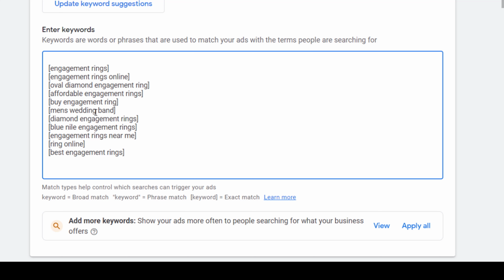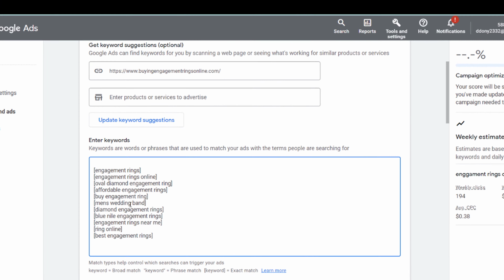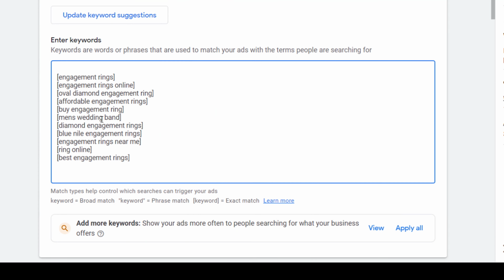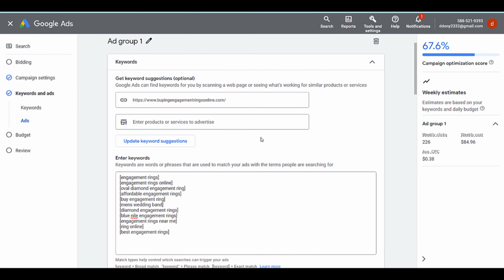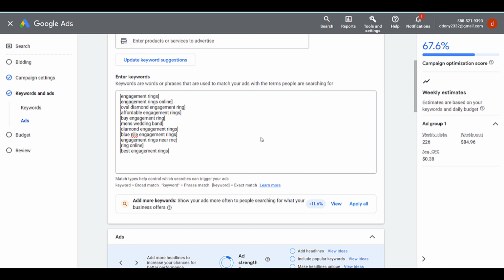However, it's generally recommended to stay away from broad match, as it can be too lenient and result in irrelevant clicks. If you are having trouble generating search volume, you can use broad match, but for most campaigns, it is not recommended.